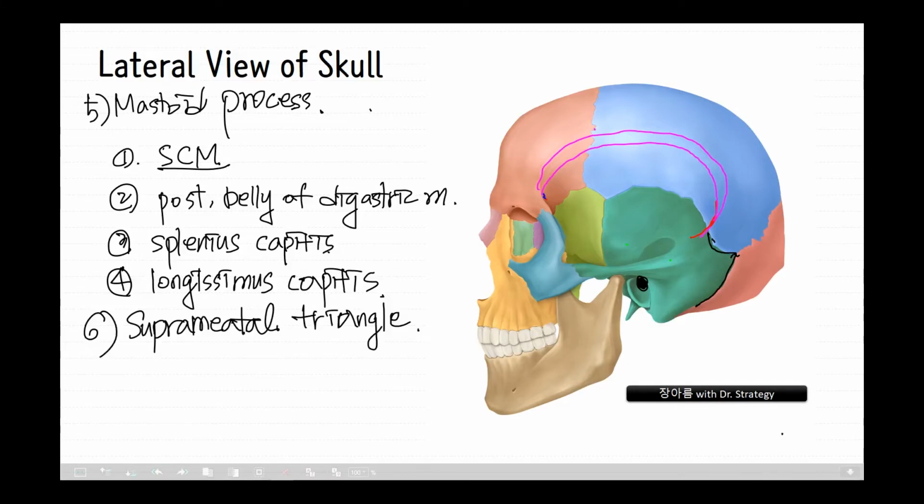The next is the suprameatal triangle and the suprameatal spine. A small depression, the suprameatal triangle, lies above and behind the external acoustic meatus and is related to the lateral wall of the mastoid antrum. More specifically, it lies between the posterior wall of the external acoustic meatus and the posterior root of the zygomatic process. This is the suprameatal triangle's location. Through this triangle, an instrument may be pushed into the mastoid antrum. In this figure, from your side, some kind of needle can be pushed into the mastoid antrum, which is located